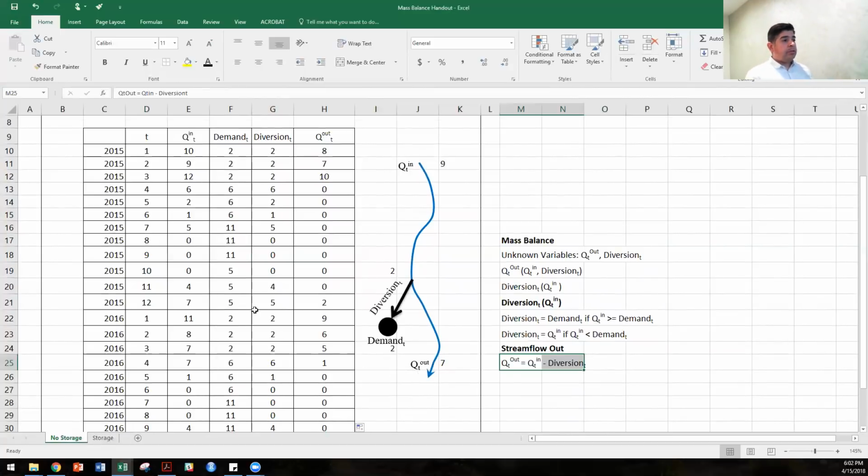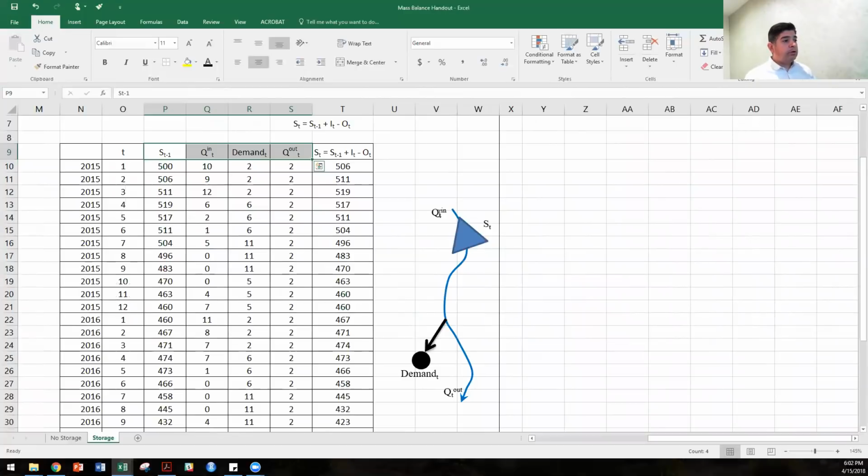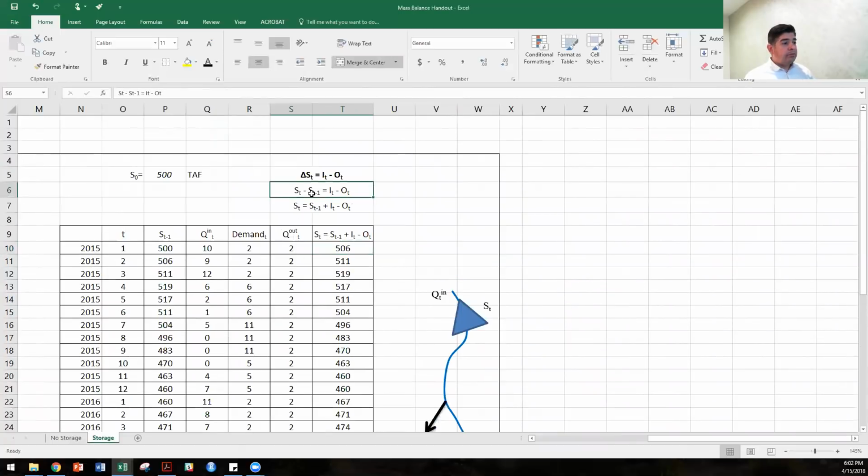Now, we use this equation, the mass balance equation, but basically we ended up having, well, we didn't have any change of storage. It was only doing a mass balance between the inflows and the outflows. But what about if we do have a change of storage? So in this case, if we have a change of storage,